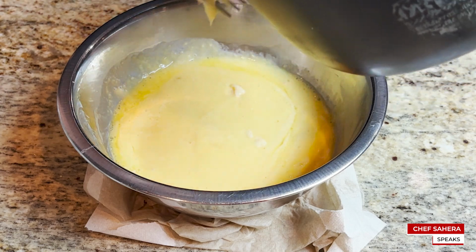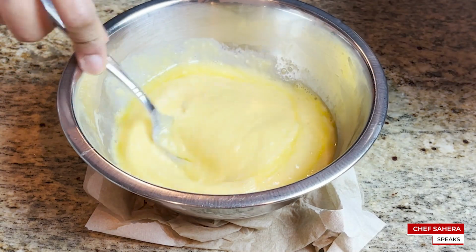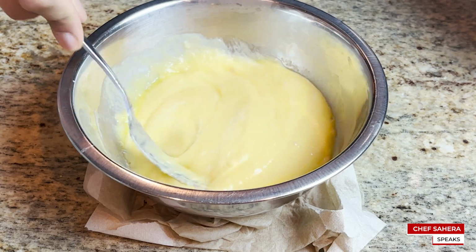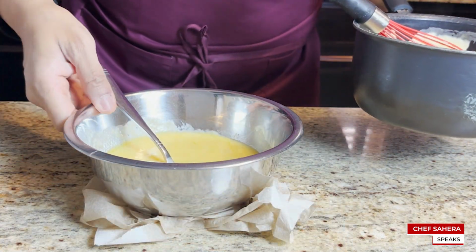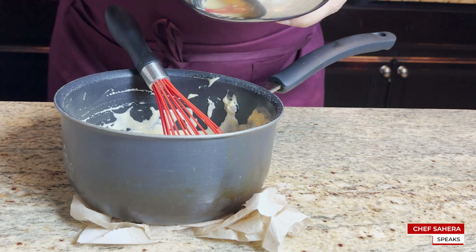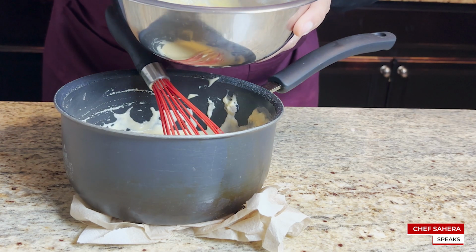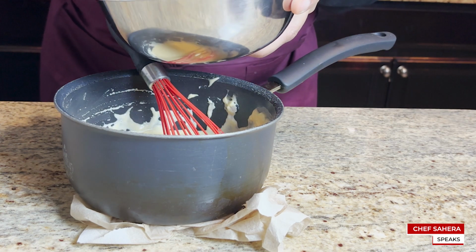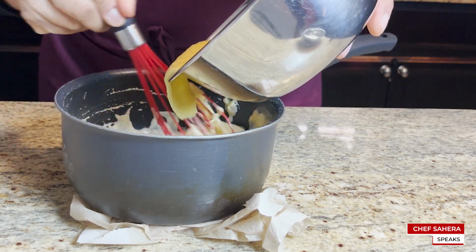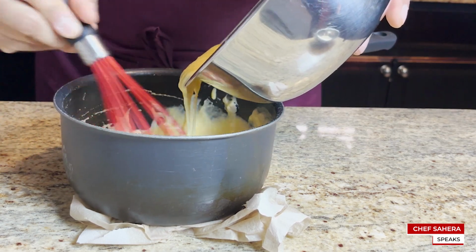How to properly temper things, and this is how we make our custard. Anytime you add a hot liquid into your eggs, you should temper it. If you don't want to use the eggs, the macaroni still will be great, so you do not have to add the eggs. Once I pour about half of my mixture into my eggs,